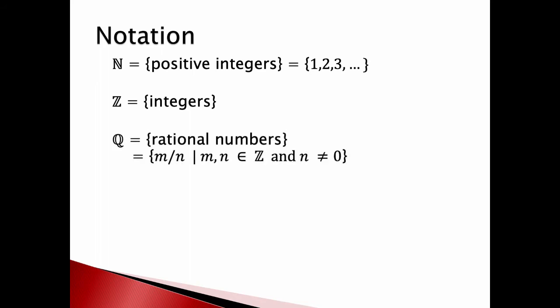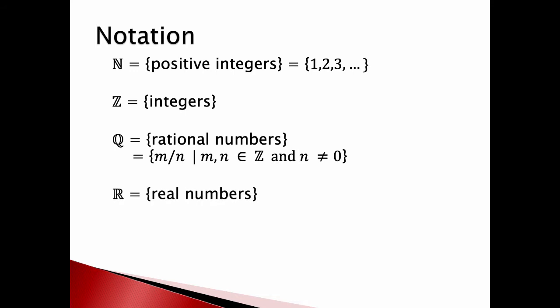Q, right, blackboard bold Q, is our notation for the set of rational numbers. So remember what a rational number is? Those are essentially fractions. But being more precise, it's the set of all m over n, where m and n are integers, and n does not equal 0. And since we're not doing an algebra class, I'm not going to talk about equivalence relations and how you take care of the fact that a half and 2/4 are really the same number. I'm assuming that we know what that means when we write m over n, and we're not going to go into all that. Essentially, rational numbers, right? So why the Q? Because they're quotients, one integer divided by another integer. As long as the denominator is not 0, then we're good.